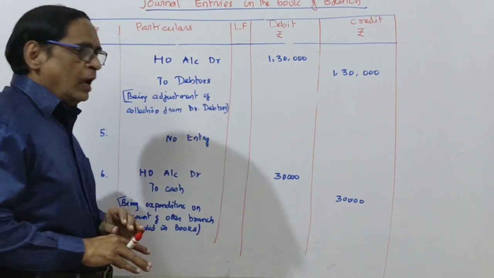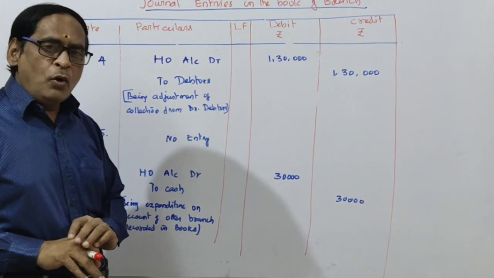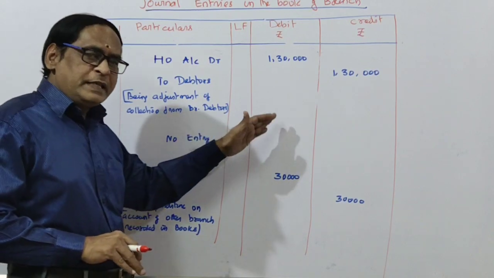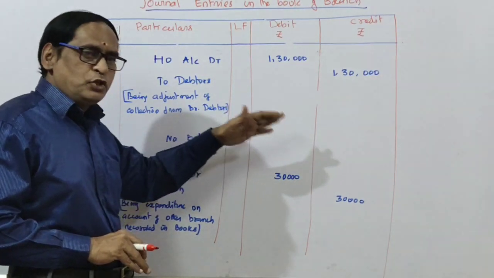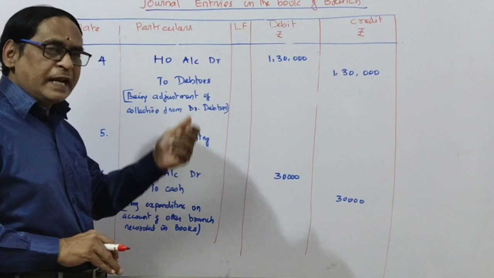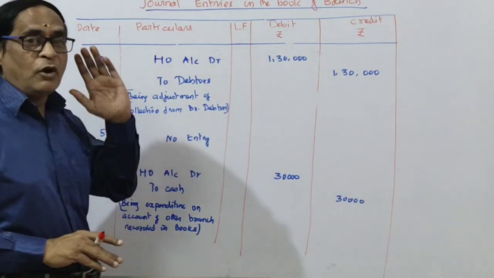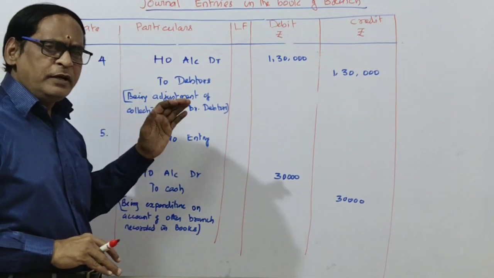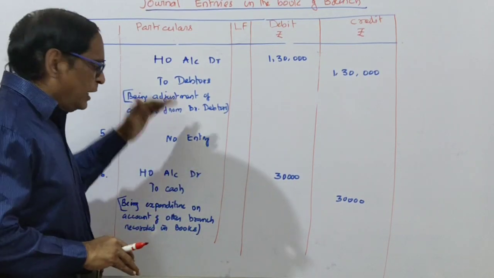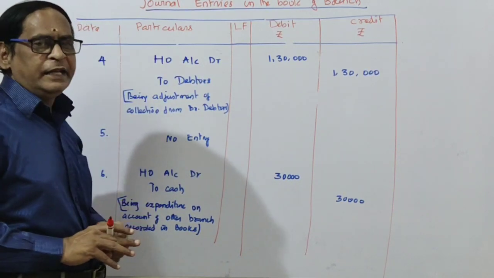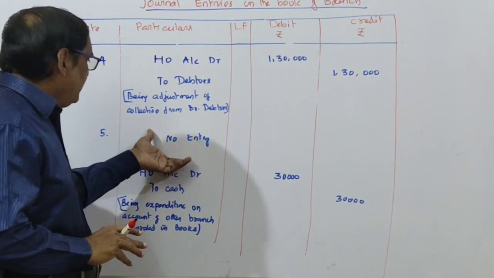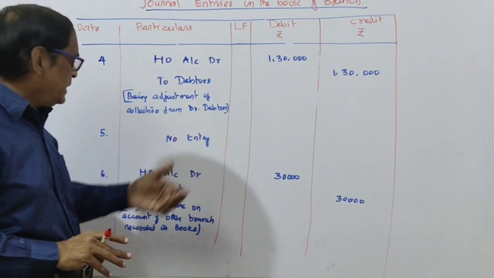That is enough. And then another entry. Rupees 1,50,000 was sent by the branch to the head office, but it is in transit. Head office has not yet received it. We don't care about it. We have paid that amount, and on that particular date we would have recorded that entry. So no need of an entry. There will be no entry in the case of the 5th transaction.